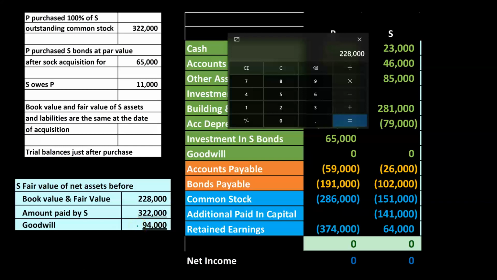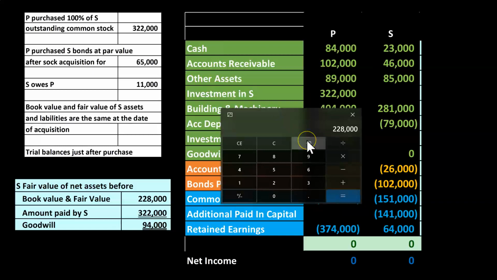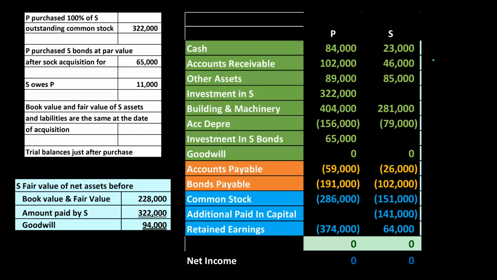But you'd also ask, did they have to revalue anything? And we're saying we didn't revalue anything here. And of course that amount is equal to the equity section, which would be easier to calculate most times, right? 151,000 plus the 141,000 minus, in this case, the retained earnings, 64,000 is the 228,000. So they didn't purchase it for the same amount as the book value here. However, why would that be? One question would be, do we have to revalue any of these assets for fair market value? The problem is saying no, all these values are the same at fair value and book value.